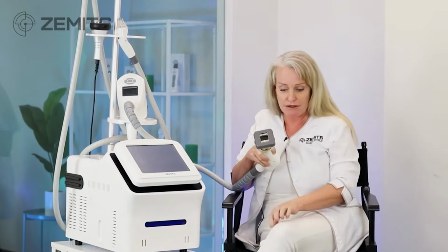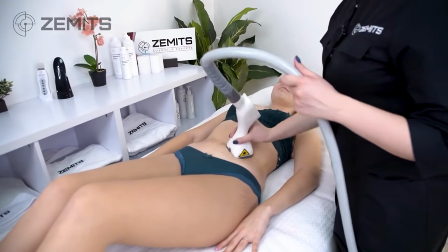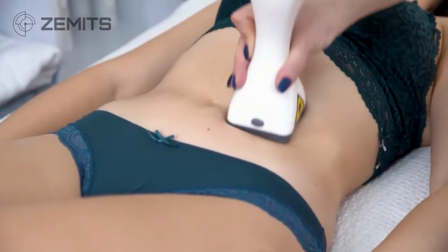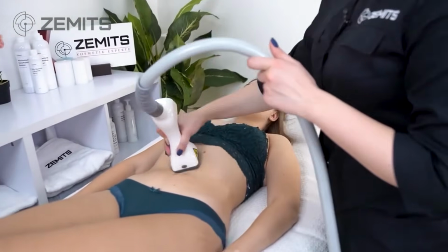This one goes around curved areas really well. So this one would be the option to help contour the back, the bra fat, and anywhere above the knees, any in those tight, smaller areas to address what your client's needs are and how he or she is trying to contour and change. So this makes it just the right size to get in those tight little corners,